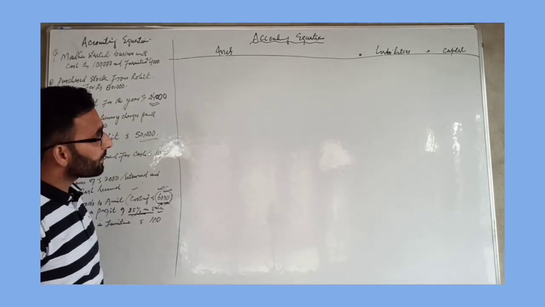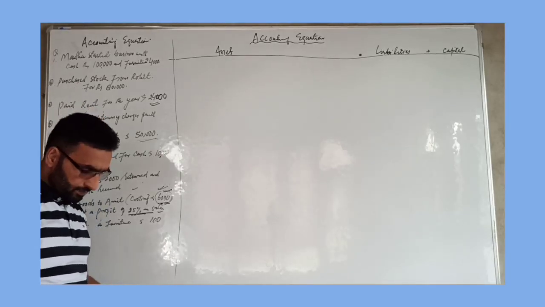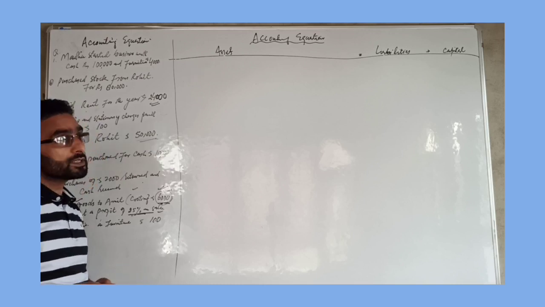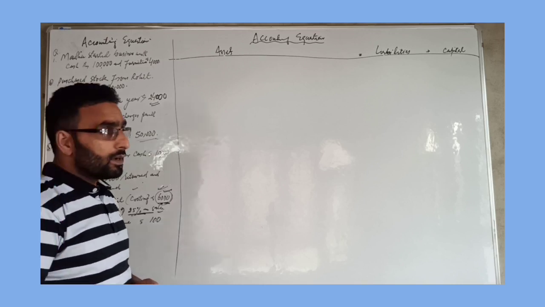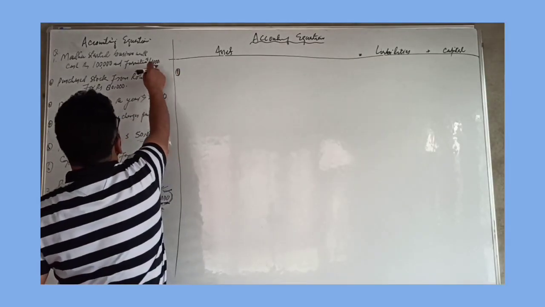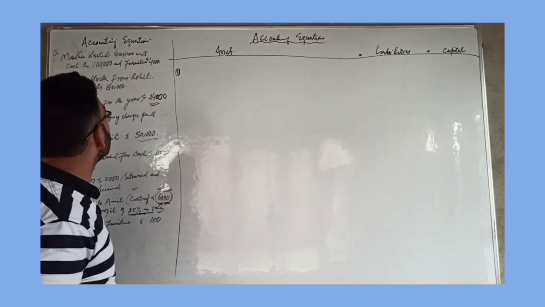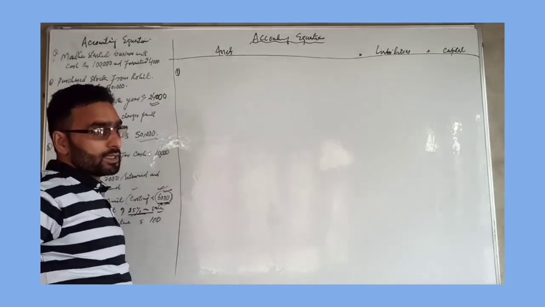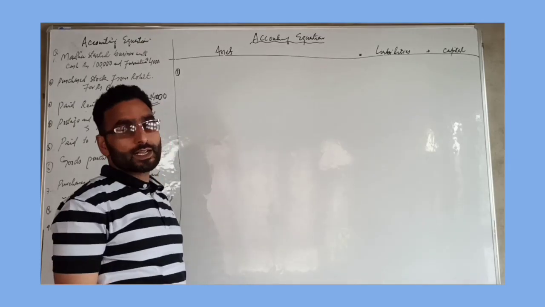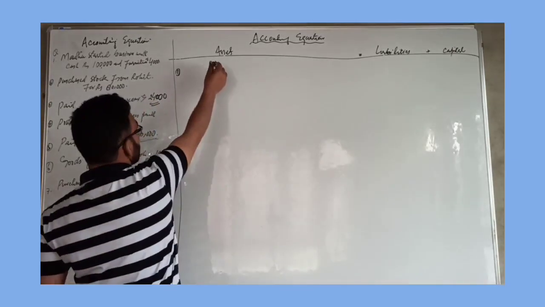For this question, we have to prepare the accounting equation. So we have learned in accounting equation, assets are always equal to liabilities plus capital. Now, from the first point, we have business start with cash and furniture. The business got two things here. One is cash and another is furniture. So we write in assets